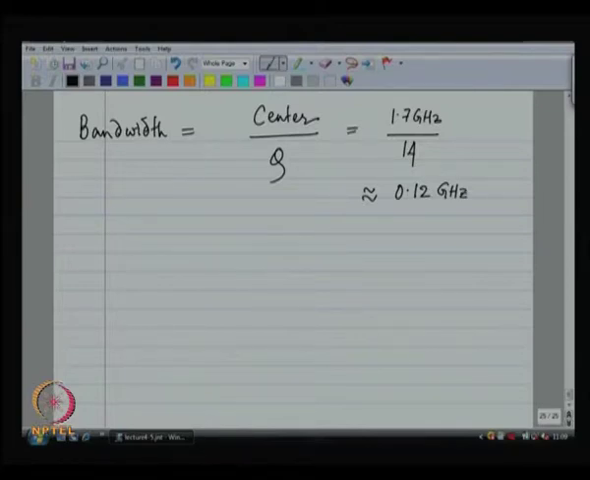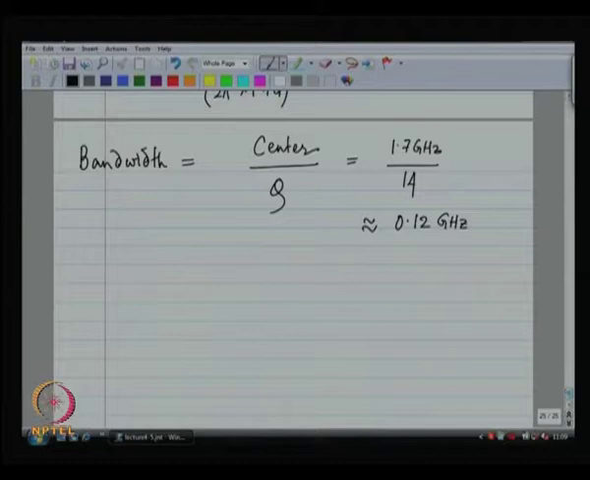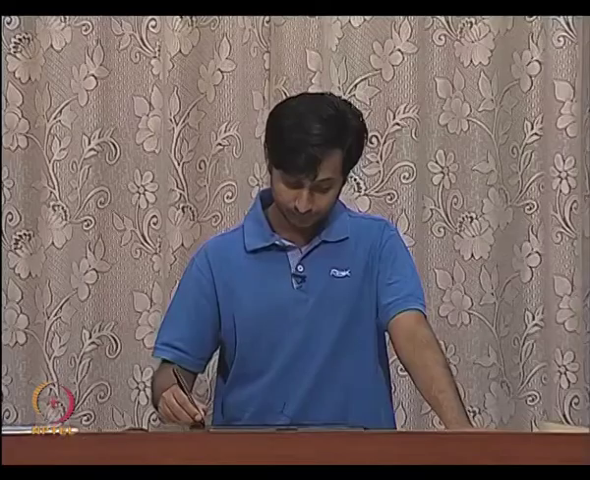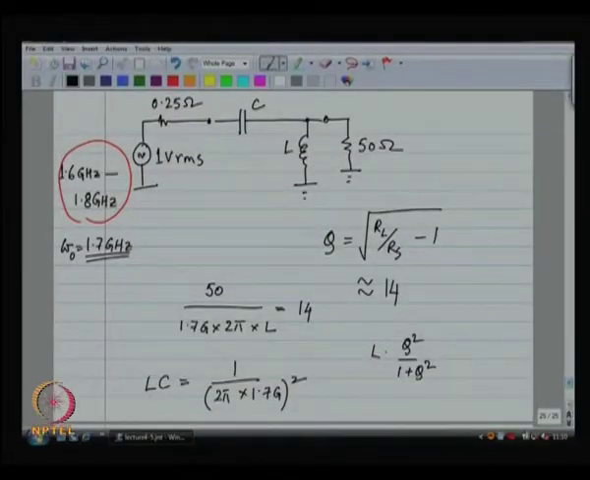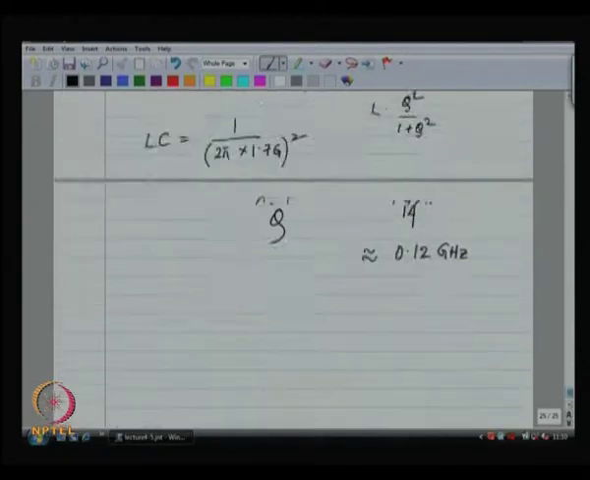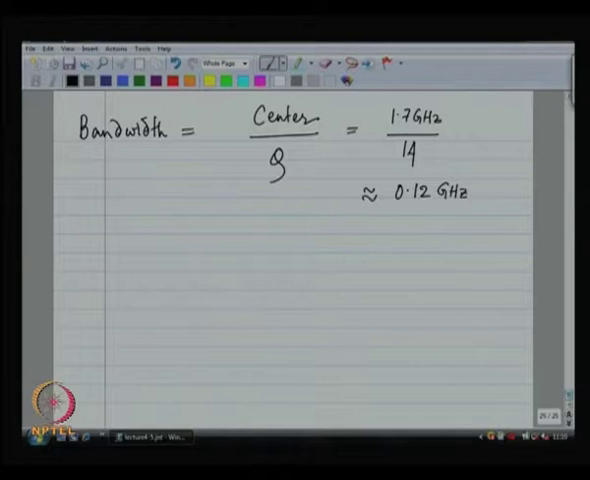That is the total width of the band in which I will be able to transmit reasonably good amounts of power. The match is going to be reasonably nice, right. The desired bandwidth is 0.2 gigahertz. The bandwidth that I am getting is 0.12 gigahertz, which is significantly lesser. So, this is my problem,